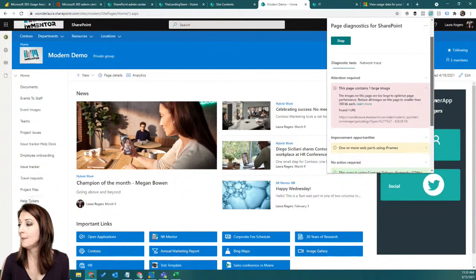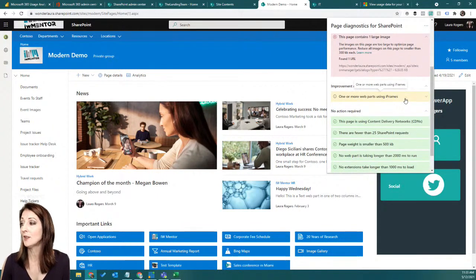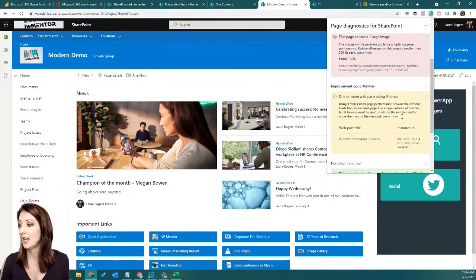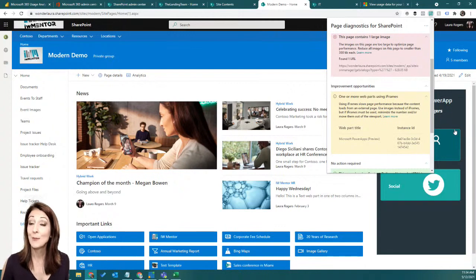And then one or more web parts using iframes. And yep, Power Apps. My Power Apps web part is using iframes, which it says slows down page performance. So that's something to note if you ever want to insert Power Apps on your pages using the Power Apps web part. Keep in mind that it's going to slow your page down. When it comes to the Power Apps web part, what I've found is